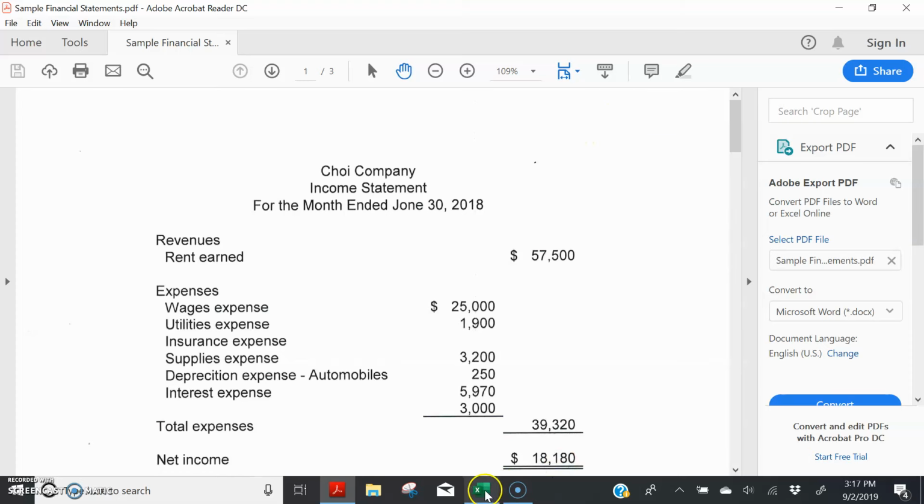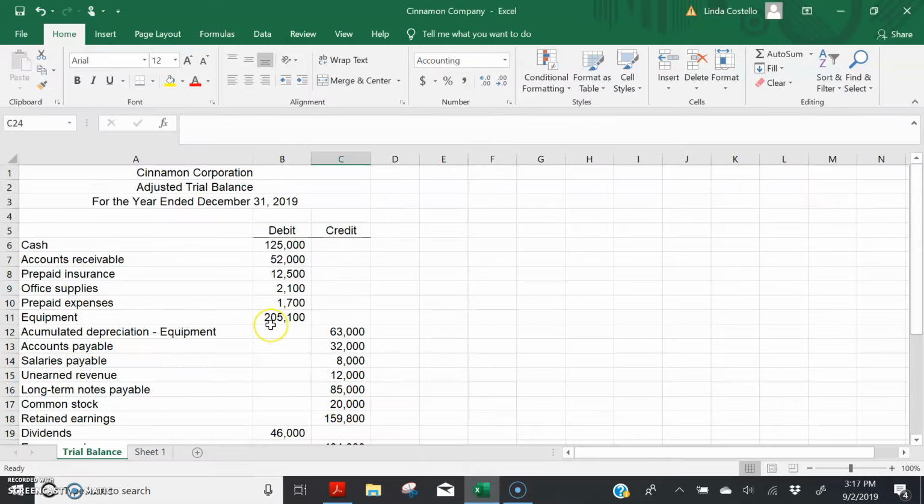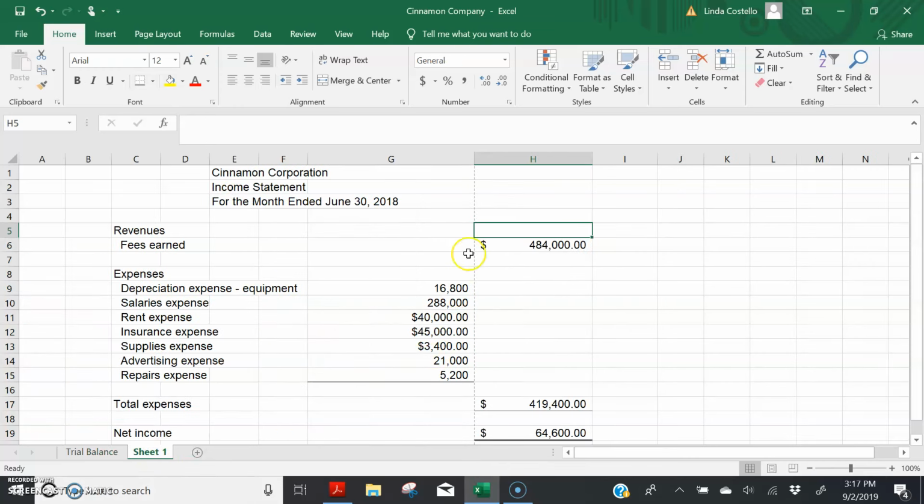So I took a look at this trial balance and just sort of put together a financial statement that looks a little bit like some of the financial statements I saw many students trying to put together last Thursday. And there's a whole bunch of problems here. And I'm going to help you solve those problems so you don't make the same errors on your Chapter 1 financial statement homework assignment that's due next Thursday.